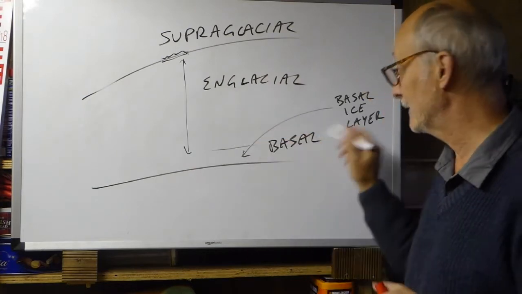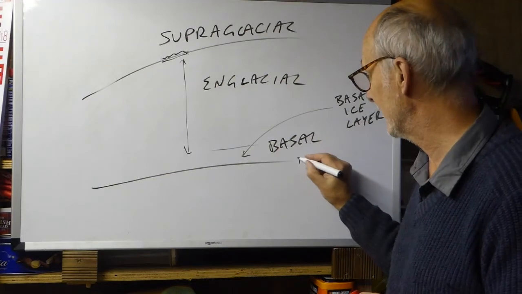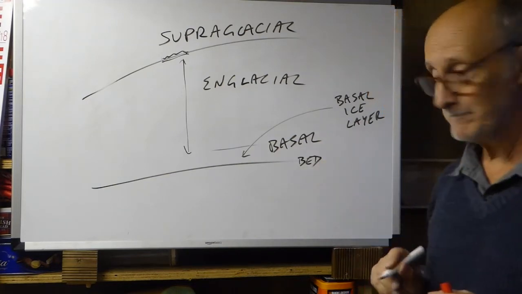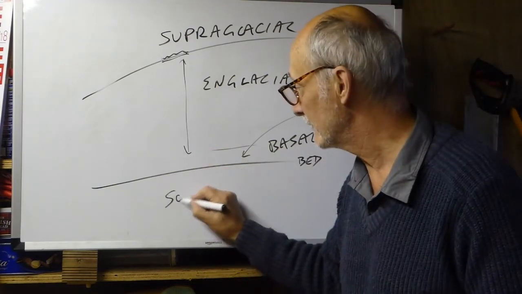That basal ice layer, the basal zone, leads us down to the glacier bed, and below that we have the